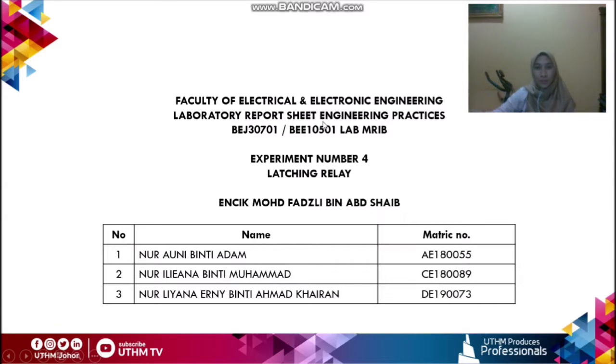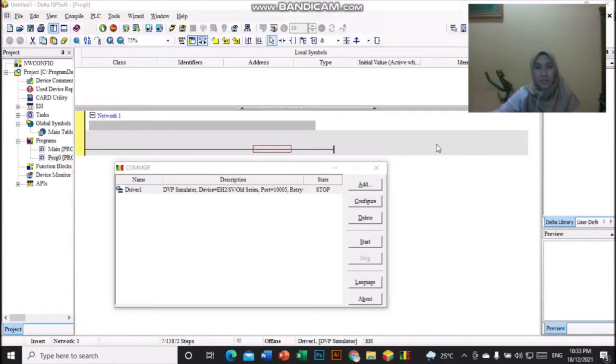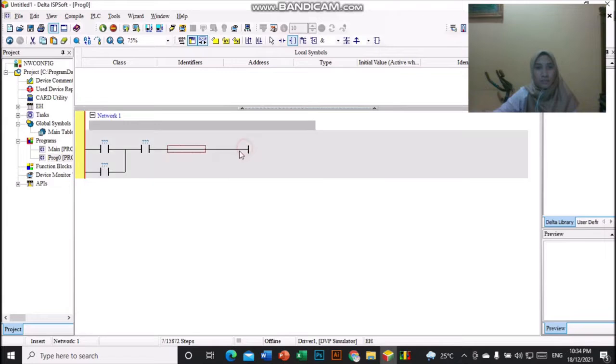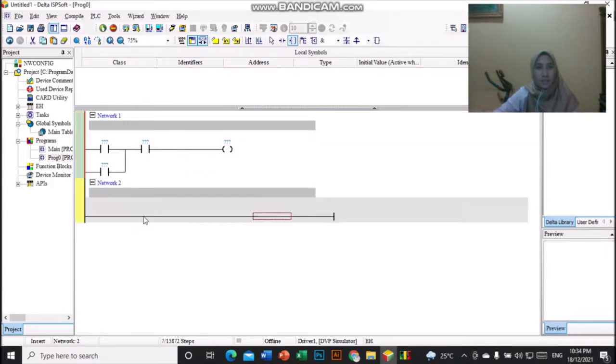We have to go through Experiment 4 in Lecture Relay. Before we start to build the program of Lecture Relay, we have to make sure this one is then to start. Then we insert the contact here, and then we set the network to